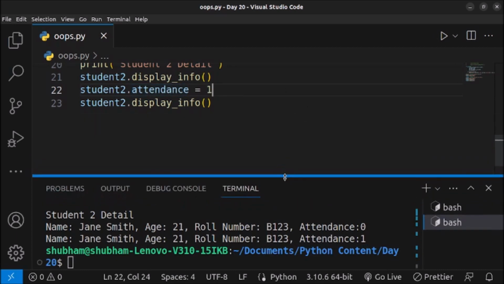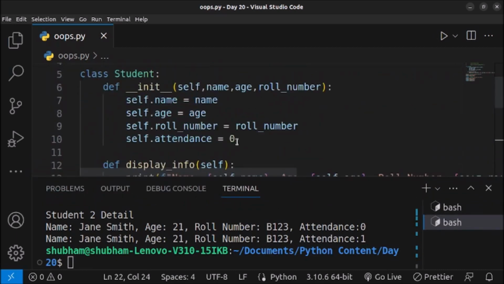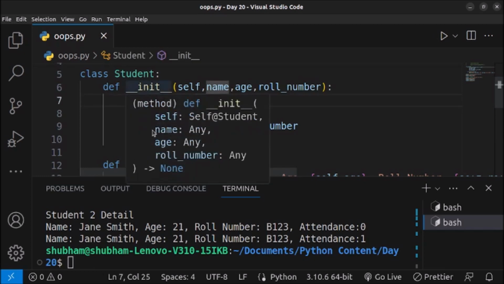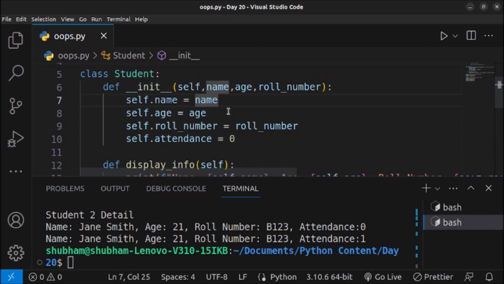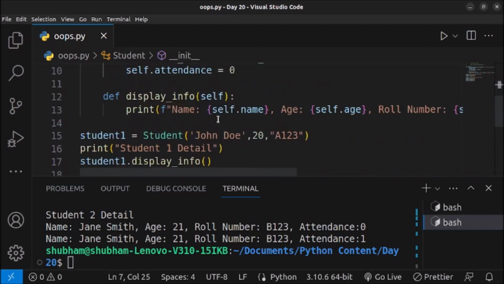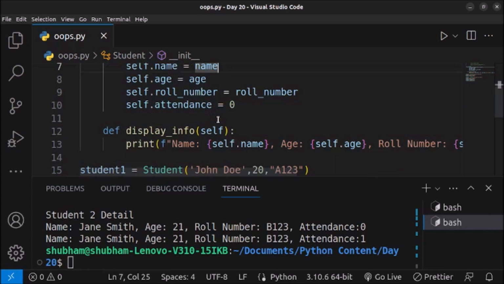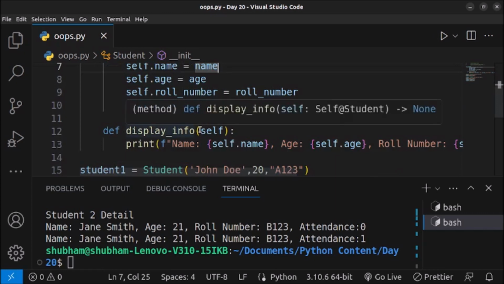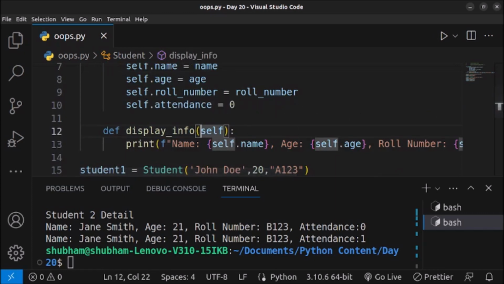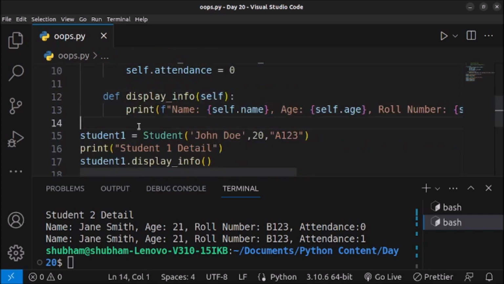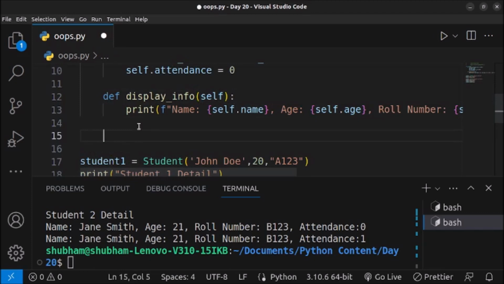So here, currently we are done with creating a class and setting the values of the attributes using the constructor, the values which are provided while creating the objects. And also we are able to access the attributes and methods of the object. Now let's create one more method which will update the attendance. So let's create a method which is def, which will be named update